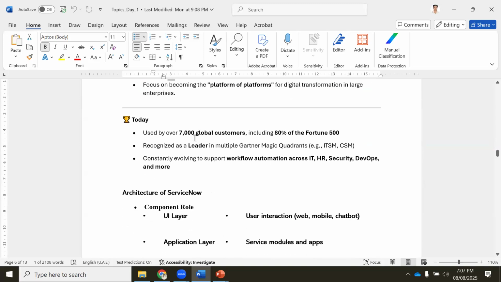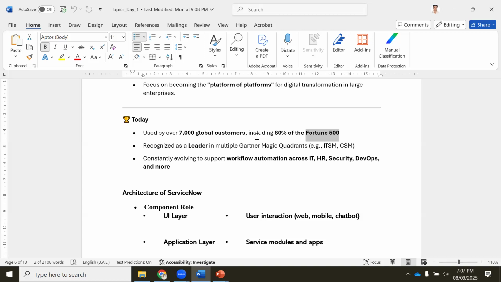Today globally 7,000 customers are using it, including 80% of Fortune 500 companies, as I told you, correct? They are using ServiceNow as the tool for their IT services, customer service management, and to manage their data in ITOM, okay?